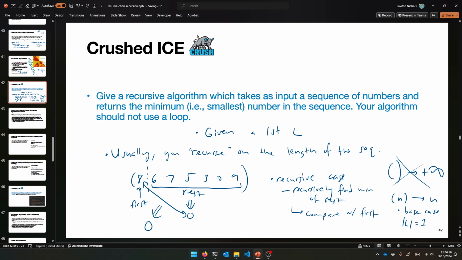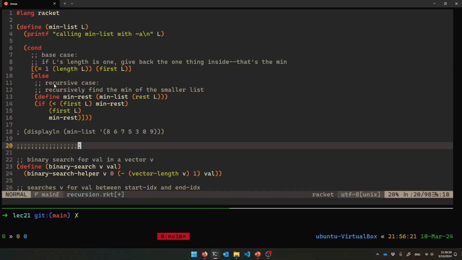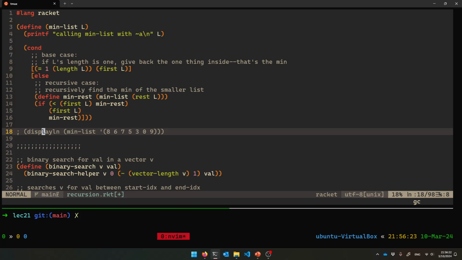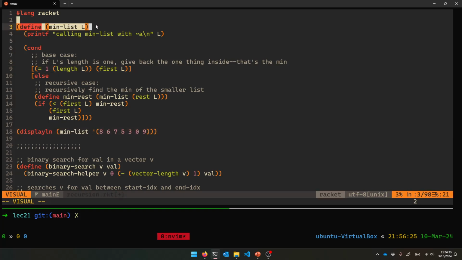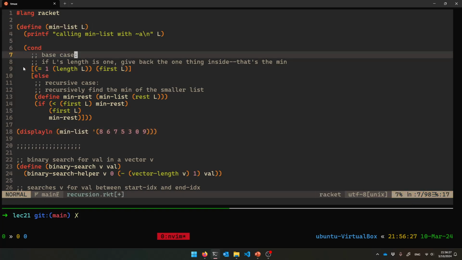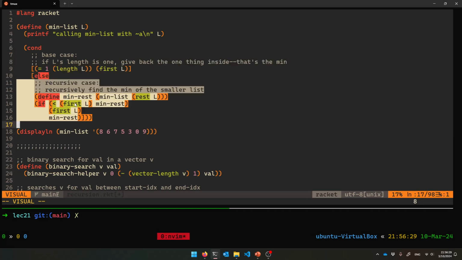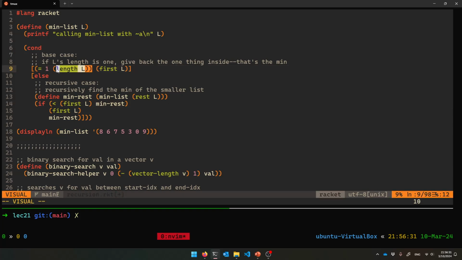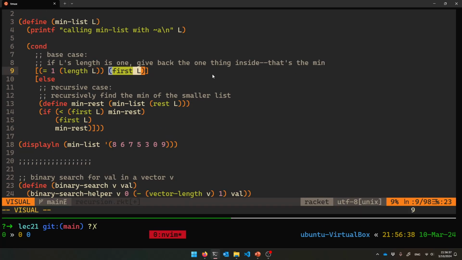So here is that actual algorithm in Racket. Let me run it for you. It's this part right here. So here's your min list. You give it a list L, and you have either the base case or the recursive case. So if the length of the list is 1, then that one element that's in your list is the minimum. Just return that. Otherwise